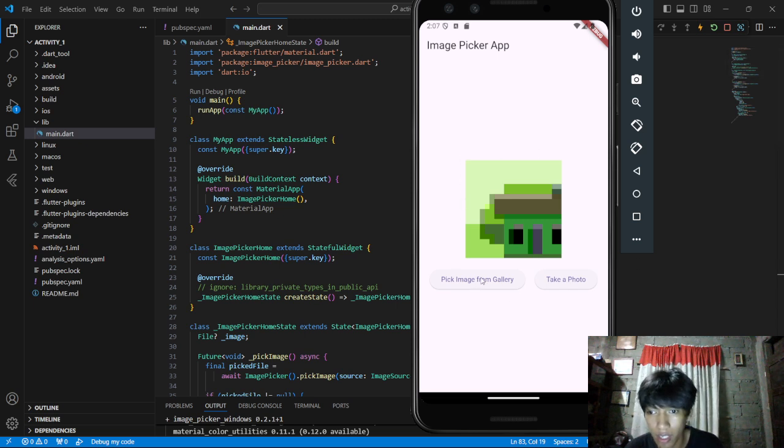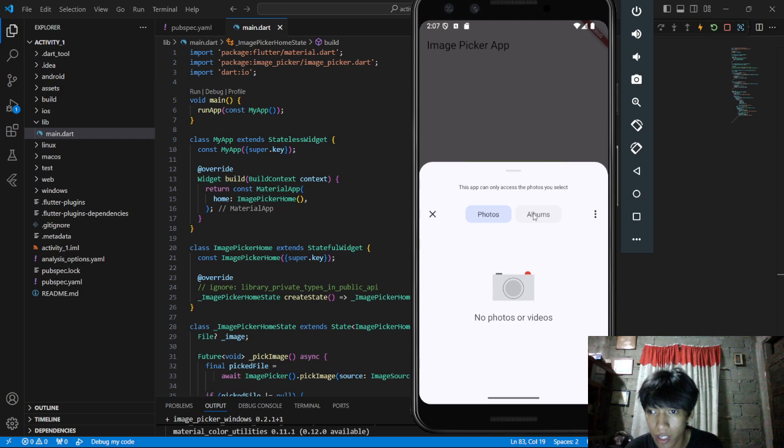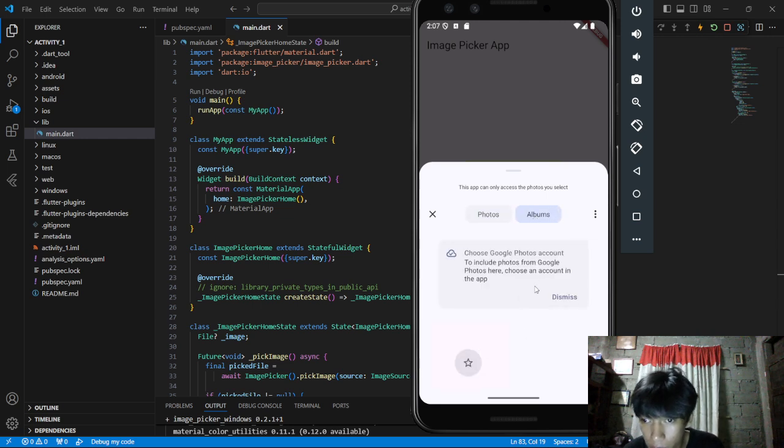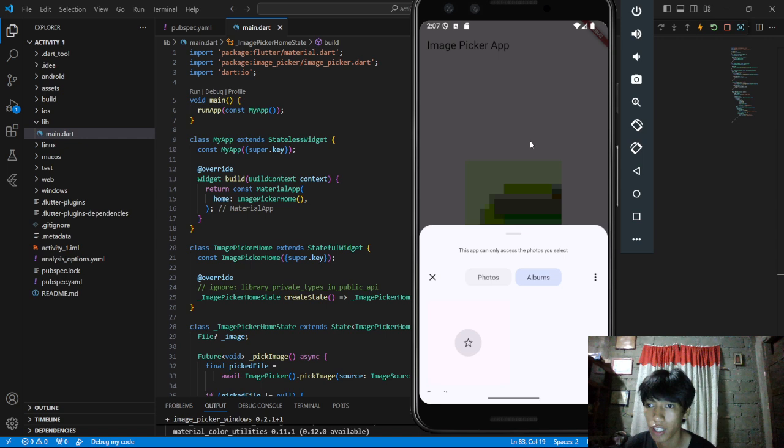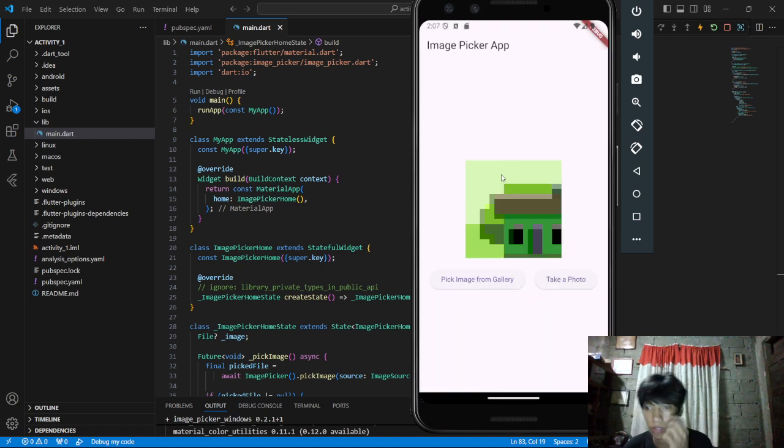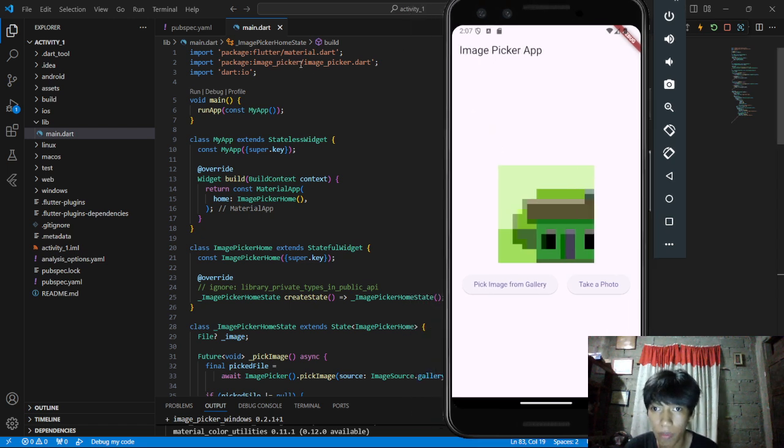Same as pick image from gallery, on which you have to select a picture from your files and it will automatically post in your application. That's the use of the image picker package.